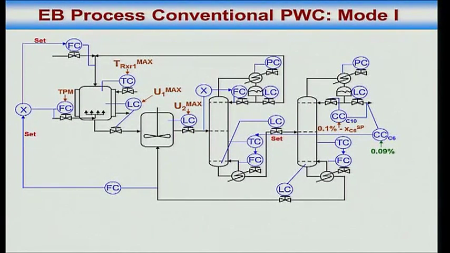Now the throughput manipulator is the fresh ethylene. You jack the throughput up. The green arrows are your unconstrained degrees of freedom. 4 unconstrained degrees of freedom, 4 green arrows. Total DEB recycle rate 1, the reflux to feed ratio in column 1 2, the benzene impurity 3, and the temperature set point on the second column 4 degrees of freedom. Yes or no? In Mode 1 we had 4 unconstrained degrees of freedom.